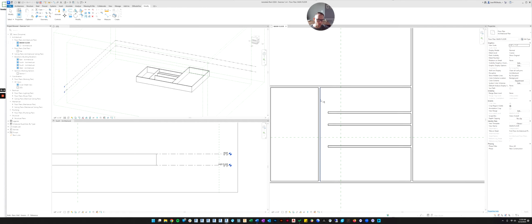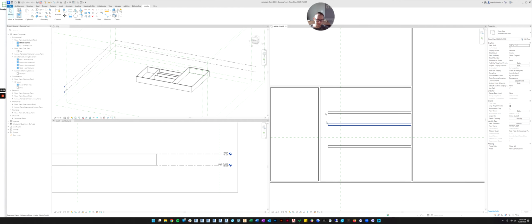So extend single will just allow you to do one. So you click first where you want the wall to go to. So I'm going to click this wall, and then you click the wall that you want to extend. And again, it gives you that little dotted line to preview what you're about to do. Great. So if you wanted to do it for all three walls, you have to keep clicking where you want it to extend and then the wall that you're going to extend.